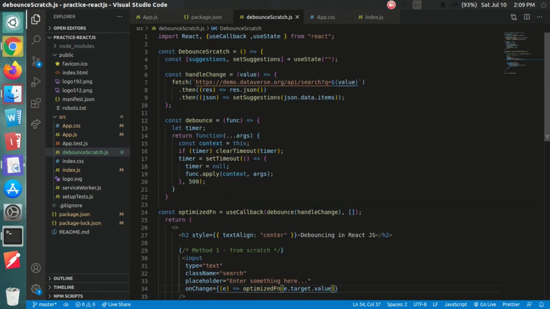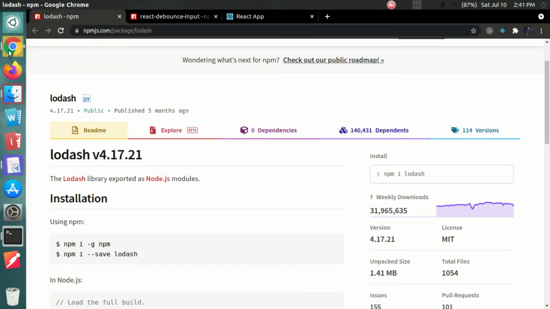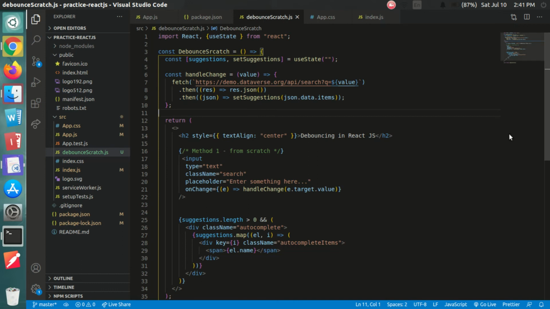Now we'll look at the other method, that is using the Lodash library. So what you can do is you can just run a simple command called npm i lodash, and Lodash will be installed. So after you have installed Lodash, Lodash provides a debounce method that we can use to limit the rate of execution of our handle change function.